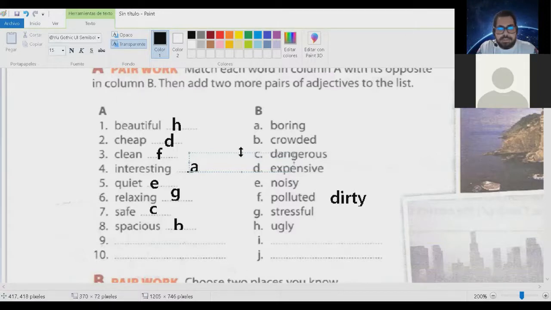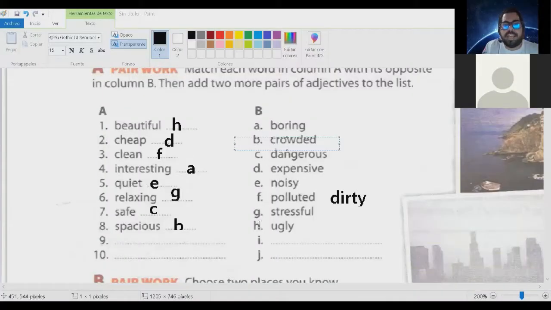Let me correct this one, guys. What about the word crowded, guys? Look at this. It is like when you go, guys, to San Jose and you go to the center of San Jose. There are a lot of people in there. Too many people, all right? The place is crowded. Está lleno, con un gentío. That's a place which is crowded. Crowded means with a lot of people.